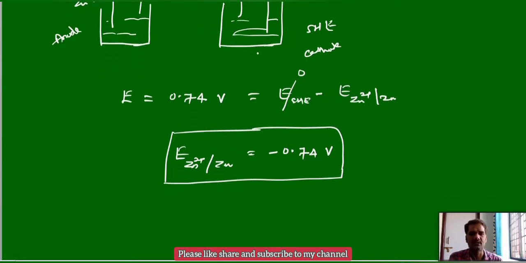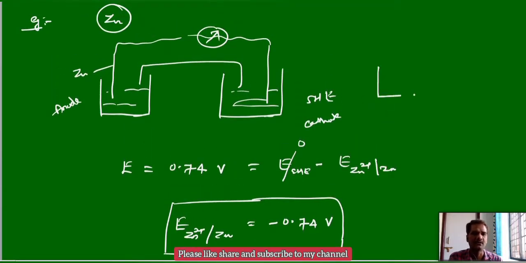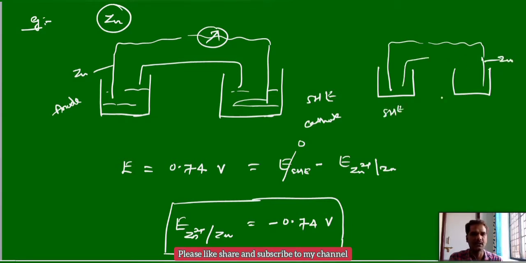Sometimes we may get a question: here the hydrogen electrode we connected to the cathodic half cell, but you can take this as the anode also. For example, if you reverse it, hydrogen electrode as the anode and zinc electrode as the cathode, again you connect externally. This is the zinc electrode and this is the standard hydrogen electrode, connected internally through a salt bridge. Again the ammeter can show some reading, and here you can observe the EMF value. In the previous case it is 0.74, but in this case you may get minus 0.74 volt as the resultant value.